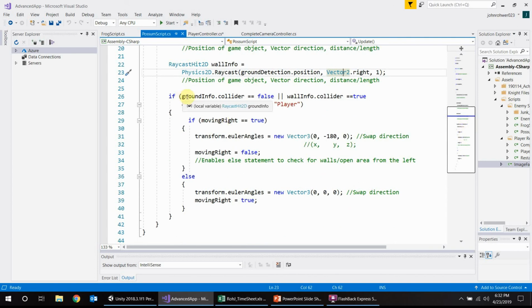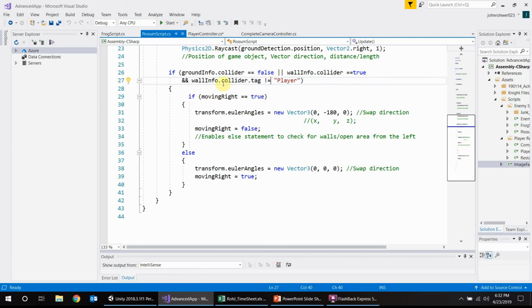And then if ground info dot collider equals false, so if we get to the edge of a platform, or if we collide with a wall, and the collider dot tag does not equal player, if there's either the edge of a platform or a wall, and also if any sort of collision that we're detecting does not equal player, we're then going to check if